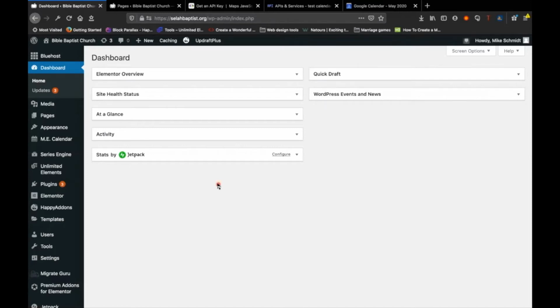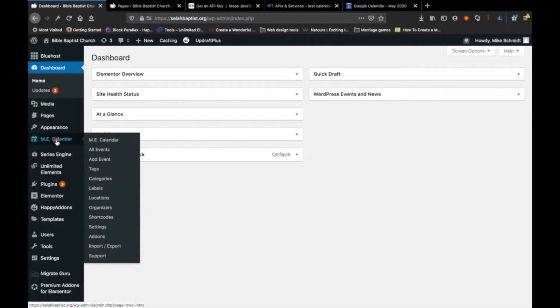For using Modern Events Calendar, there are two main routes that I'm going to cover because they are the most typical, and that is either syncing with a Google Calendar or an Apple Calendar. Now I'm going to start with adding a Google Calendar first because the process for syncing an Apple Calendar is about the same. So in order to add your calendar to the website, go over to the MEC Calendar tab